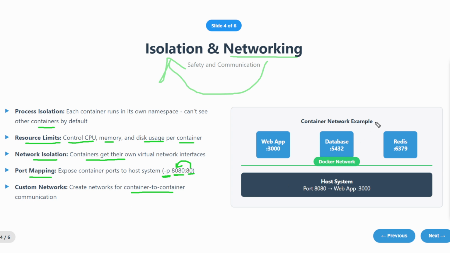Okay, so if you see here, the container network example. There is a web app which is running on port 3000 in the container, and a database which is running on 5432 in the container. And redis, which is also a database, a cache database we can say, is running on 6379 in the container. Basically Docker network